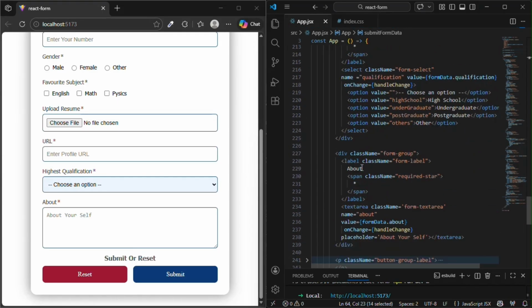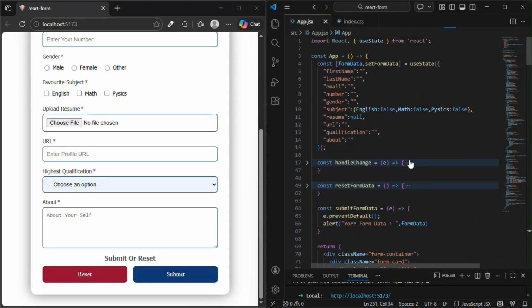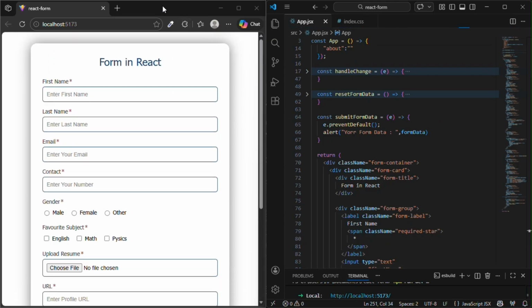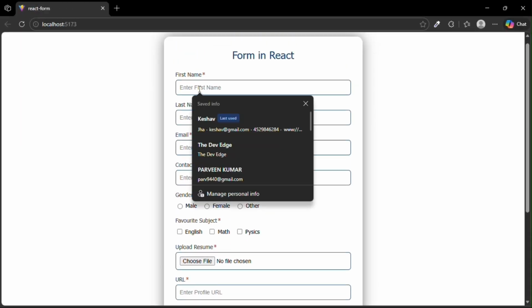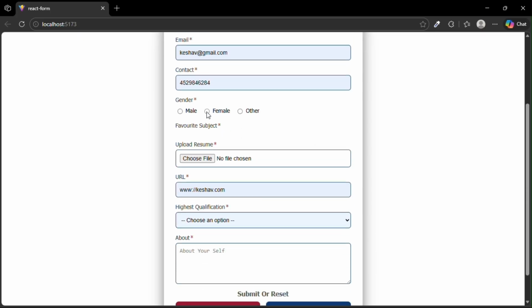So now we can define it below the button here, whenever it is clicked. So we need to define the on click operation. For that we can define the submit form data button as well. Now we have connected our state as well. For example, if I am filling any details such as Keshav Maharaj, which is filled earlier,